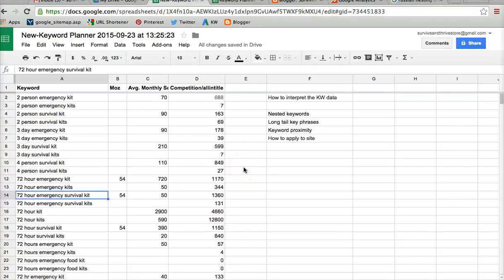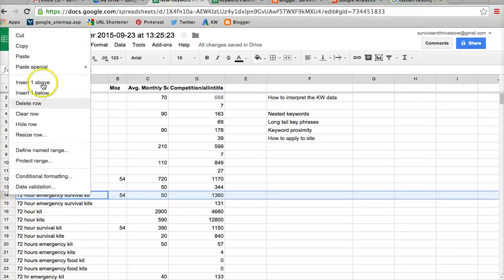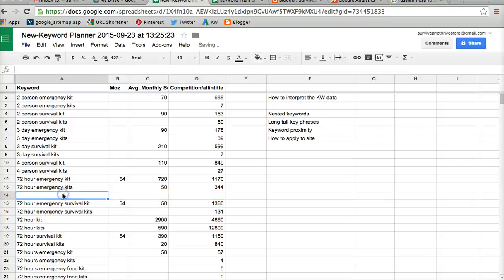Okay, and then we would come into our list and say, okay, maybe we're going to add a phrase. Let's just say that we found one here for one-person emergency survival kits or kit. We get our demand for it and everything, and we do our all-in title, and we find that phrase does have demand. The all-in title isn't astronomical. It's not, you know, 12,000 or 30,000 or something. It's doable. Okay, so then we go over here and maybe make a column for page,